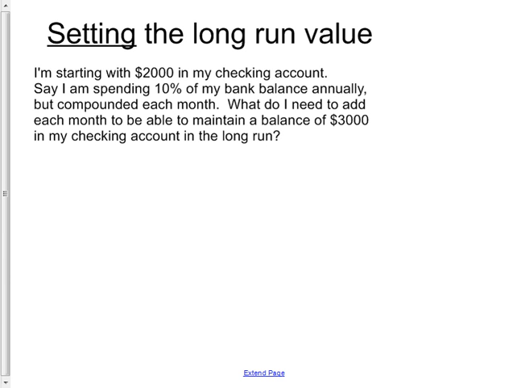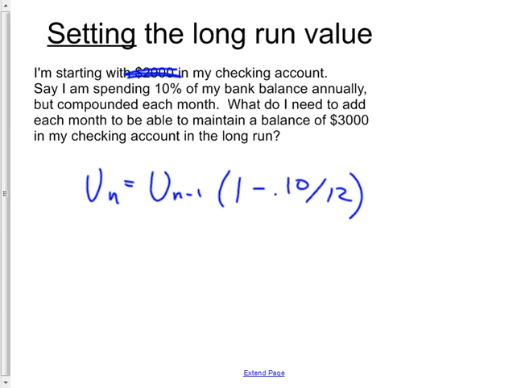Okay, so you're going to solve this. This is all algebra. You're going to use your calculator only for a little bit of number crunching, but remember the starting with 2,000? It doesn't matter. It's just this part. Don't forget, it's monthly. Compounded each month. What do I need to add each month? Plus n. To maintain a balance of 3,000. Remember not to put in that 3,000